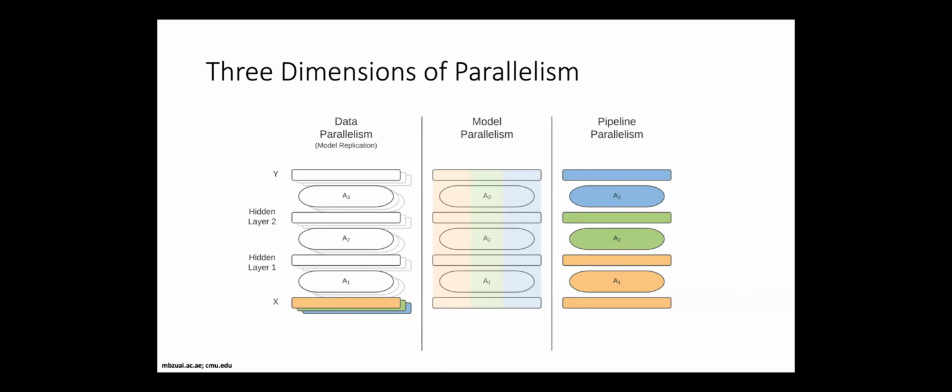we have three types of parallelism. Data parallelism, in which models are replicated across different GPU devices or different computing devices, and data is partitioned across them, from a stochastic mini-batch SGD mini-batch, partitioned into micro-batches. Model parallelism, for example, is a type of parallelism in which the responsibility for updating different parameters is partitioned